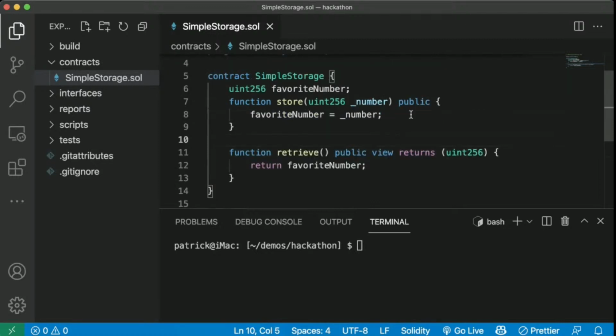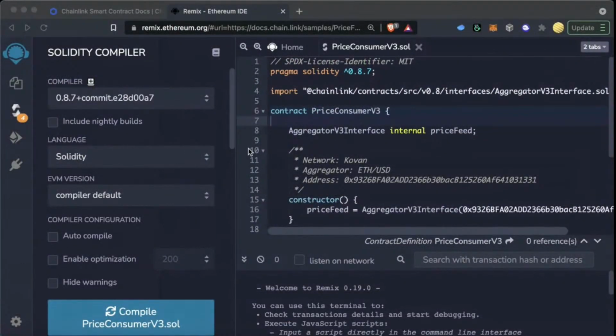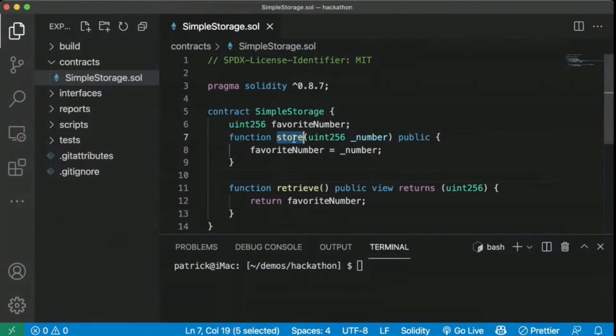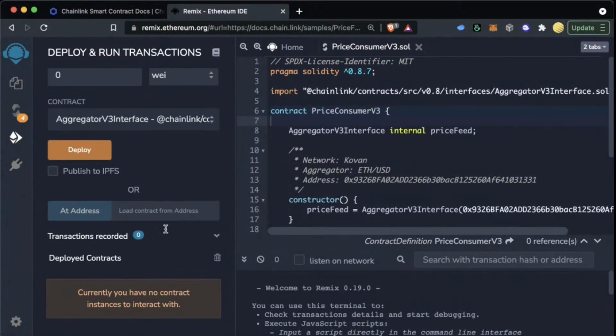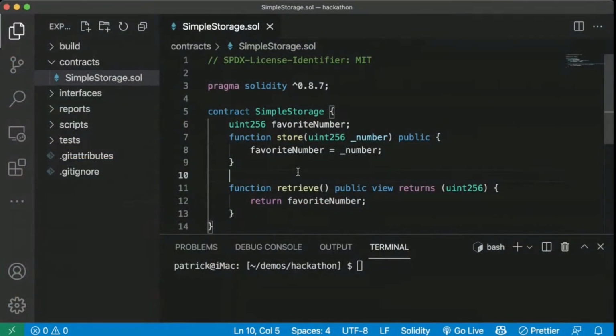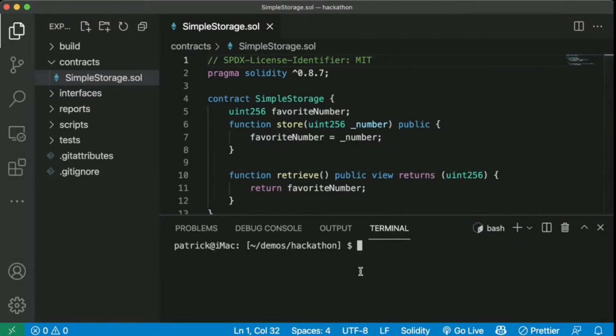But yeah, so this is our contract. Cool. So now in Remix, this is the exact same code as something we would do in Remix, right? It would look like this. But maybe we want to write a script. Maybe we want to call this store function 1,000 times, right? In Remix, we'd have to keep going to the deploy tab and keep hitting the store function 1,000 times, which would be awful, right? Or maybe we want to do some other really interesting things or connect it with other projects, right? Brownie is going to allow us to do that in a much easier way.